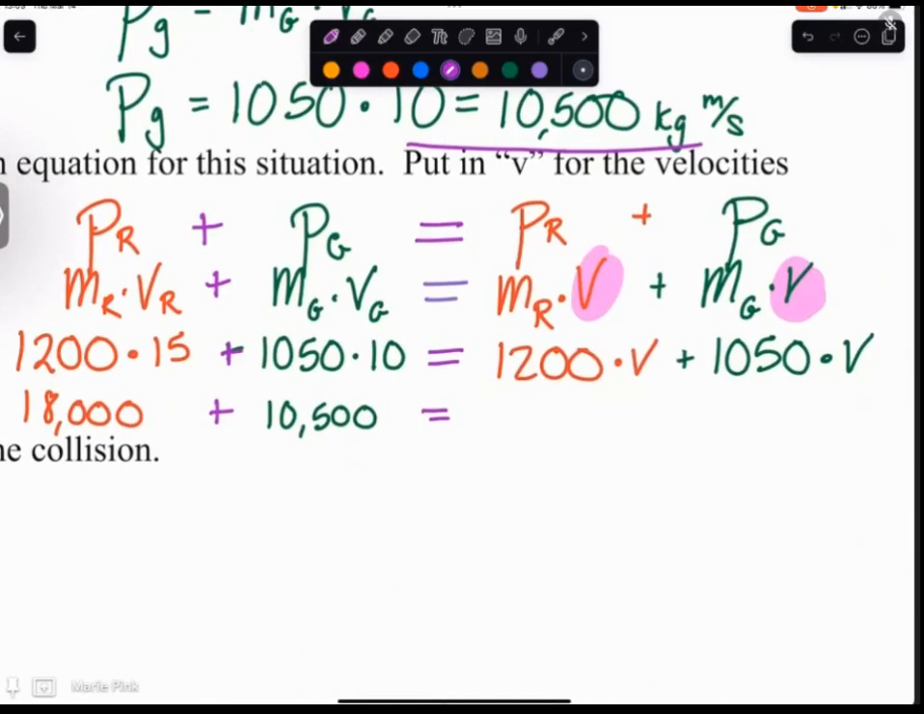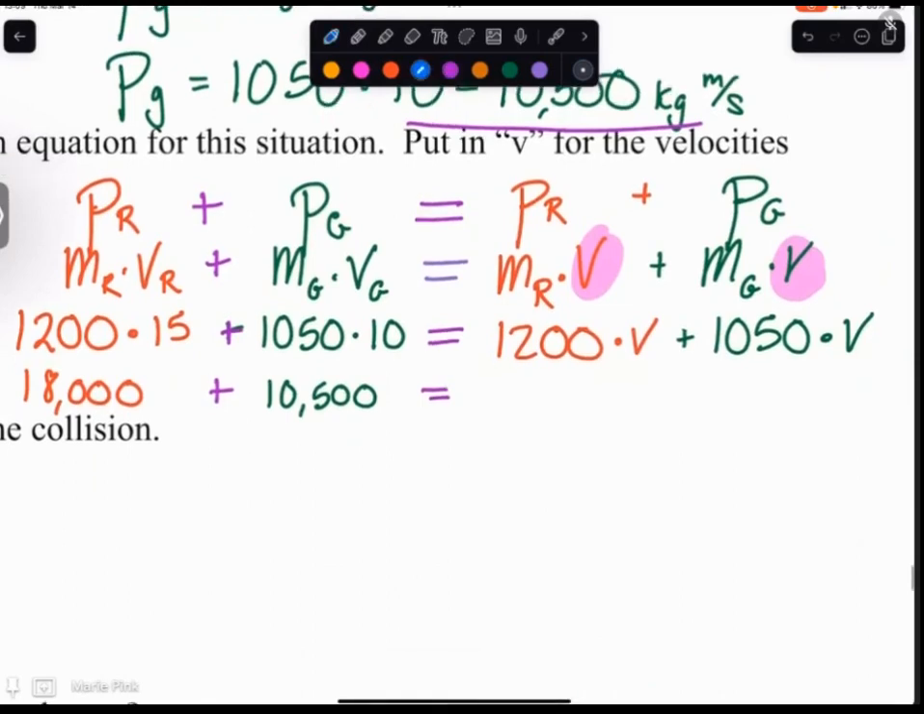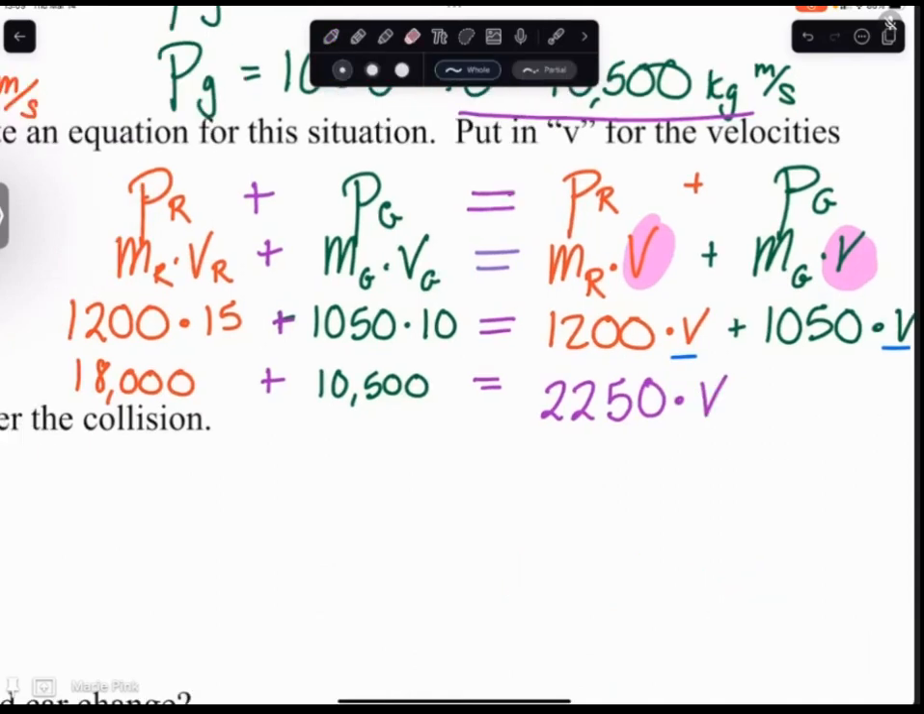Now, on the right-hand side, some of you are going to get stuck here. Just remember that this is very similar to if I had done, let's say, 2x plus 3x, that'll be equal to 5x. Well, it's the same thing. It's just v's instead. So 1200v plus 1050v will give me a total of 2250 times v. And if I add these two together, I get 28,500 is equal to